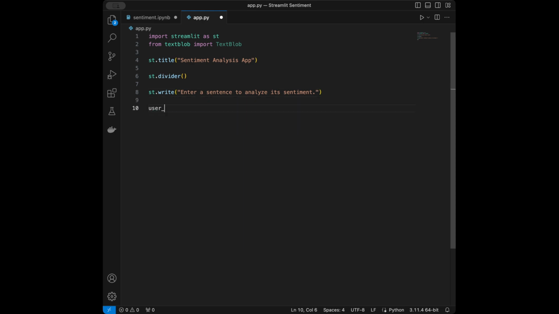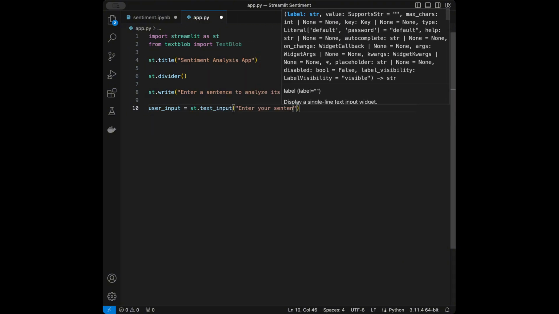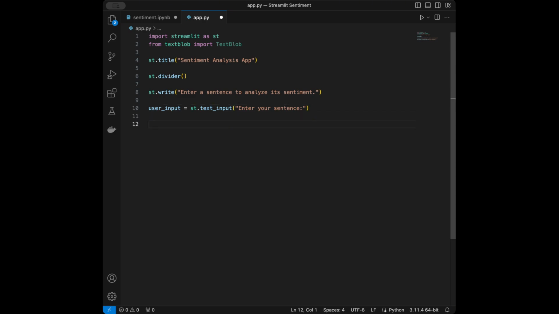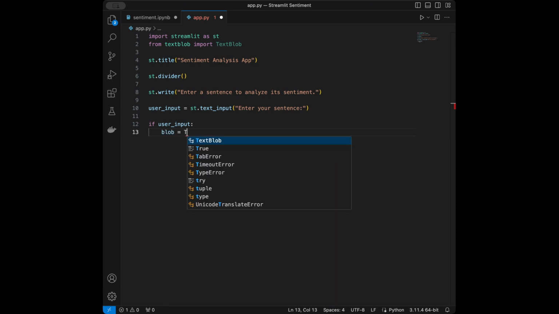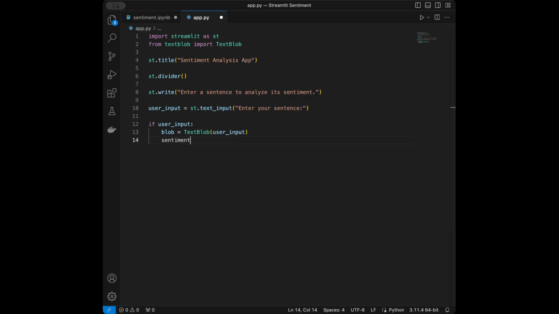Next, I will say user input, and I'm going to take a text input in here using Streamlit text input, "Enter your sentence." Then I'm going to say if user input, which means if it's not empty, we are going to say blob is going to be equal to TextBlob(user_input). Then we will say sentiment is going to be blob.sentiment.polarity. And next up, we are going to say if sentiment is greater than 0, then we will say Streamlit.write